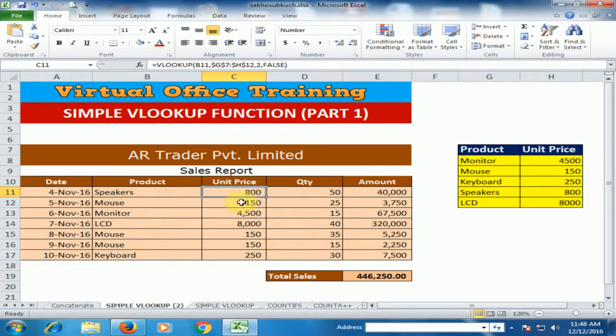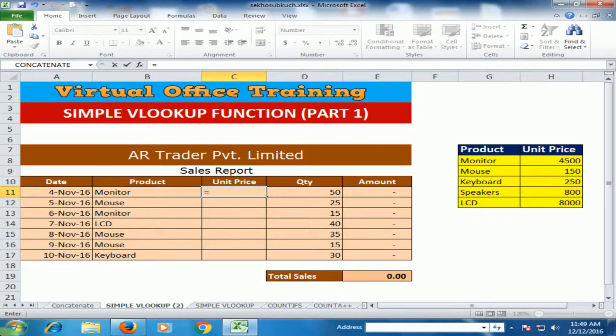How can we do this? Just I am selecting all the cells and removing the formulas. Now I am using the VLOOKUP function to get this unit price. Here just type equal to and VLOOKUP